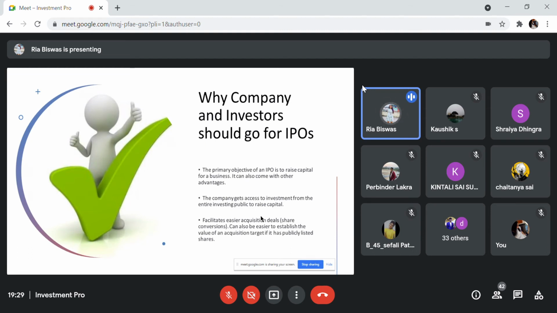Okay, so that is the primary objective: to raise the capital. Next, obviously the company gets access to investment from the entire investing public to raise capital. So the company is getting the access. If the public is supporting them, they are going to invest their money in this company, so obviously they are getting the access to invest. Okay, so that is the thing. It is an advantage from the initial public offering for the public and also for the company, that they are getting the chance